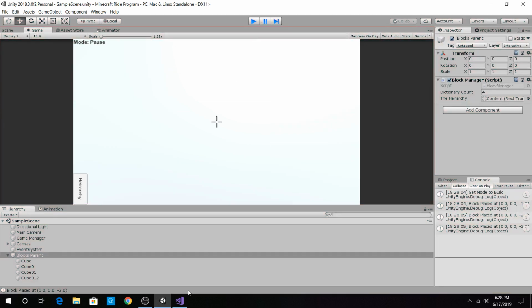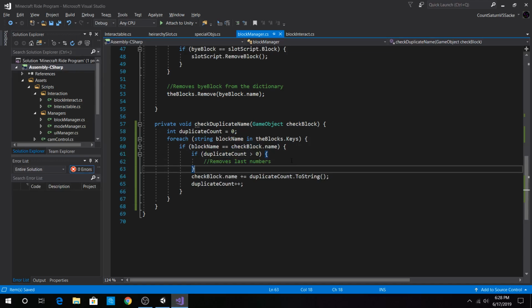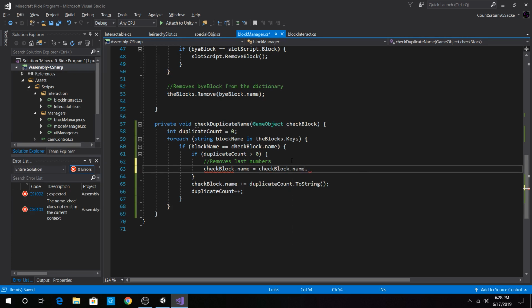So now what we need to do is, since it's greater than 0, we need to remove the last number. However, there's a bit of a problem. We need to know, we can't just do, we have to do check block dot name is set equal to check block dot name dot,